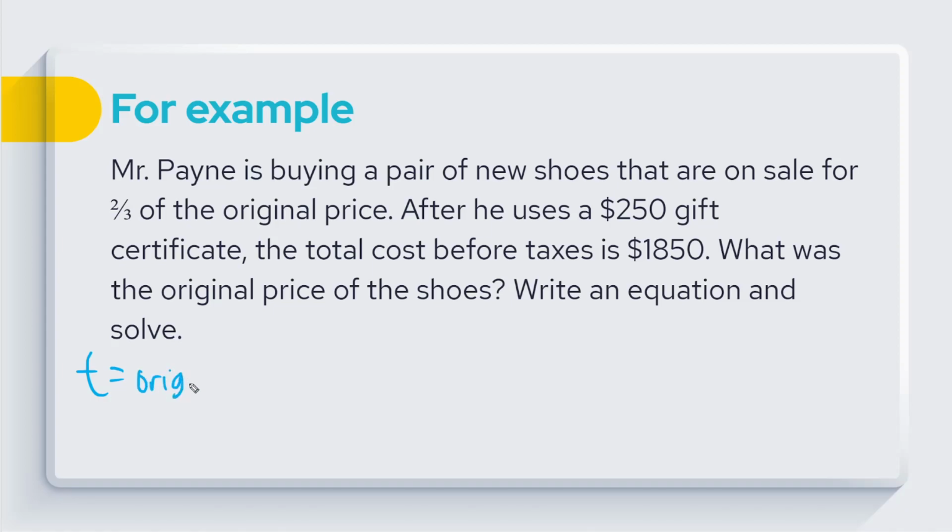So T is the original cost. And the original cost was reduced by 2/3, right? Because they're on sale for 2/3 of the original price. So 2/3 of T. And then he used an additional $250 gift certificate, right? So we took an additional $250 off. And that gave us our final cost to Mr. Payne, and that is